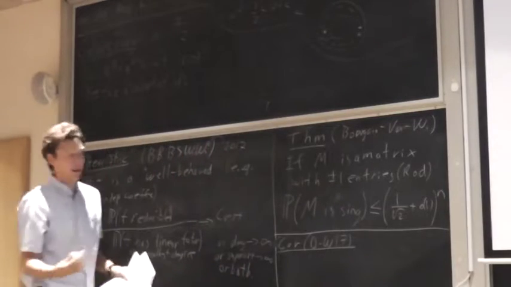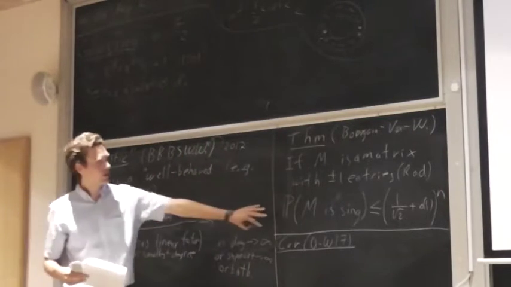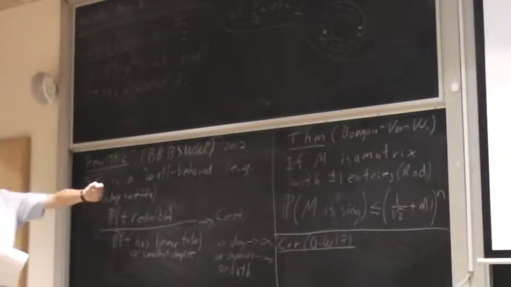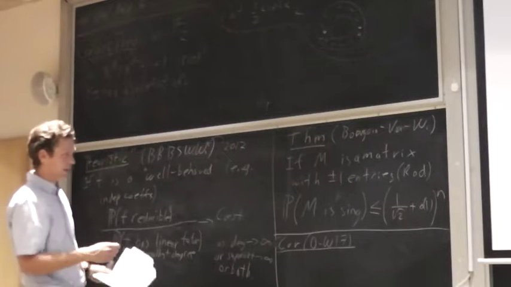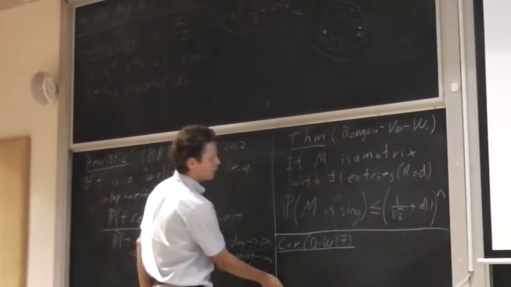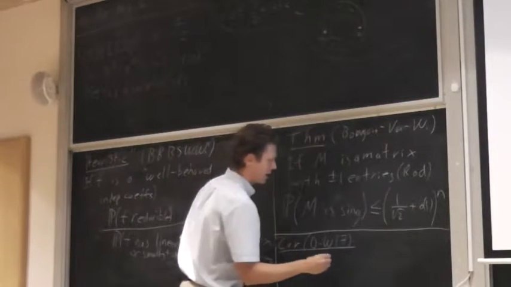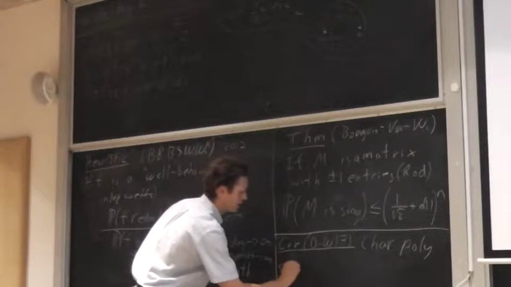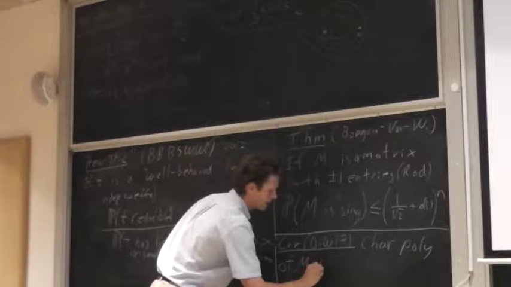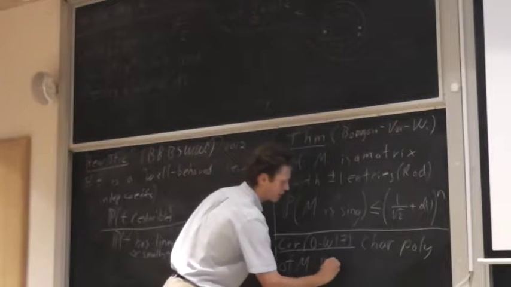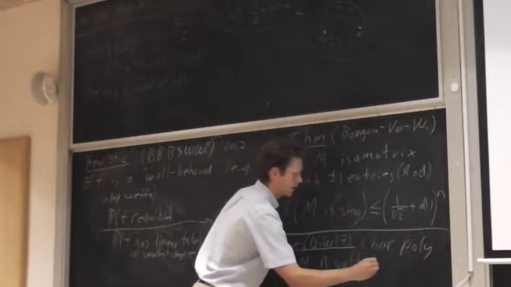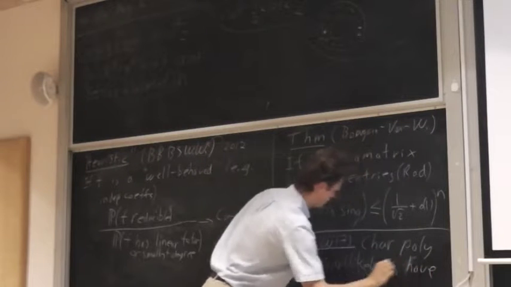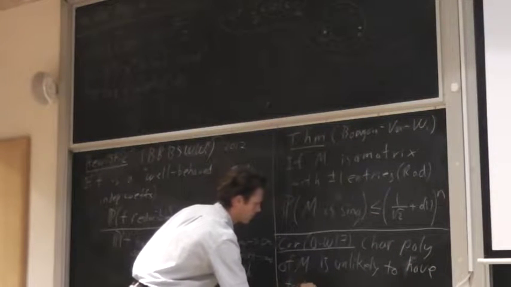We could show that if you looked at the characteristic polynomial of this kind of matrix, and of course that shouldn't shock you too much because singularity is talking about whether 0 is an eigenvalue, which is saying that the characteristic polynomial had 0 as a root. Using a generalization of this theorem, we could show that the characteristic polynomial of the same matrix M is unlikely, so the probability is low, to have small degree factors. To have factors of degree